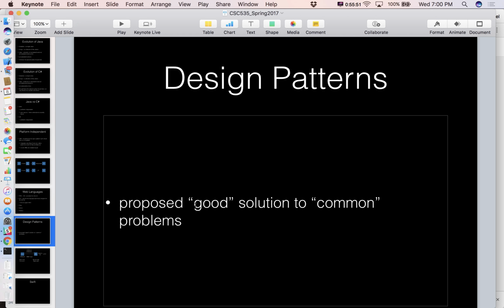So same thing. We could have a design pattern for making a peanut butter and jelly. And what's a good way of making a peanut butter and jelly? Some people toast the toast, some people don't. Some people put the peanut butter on first and then put the jelly on top of that. Some people put it in separate pieces of bread. There's different approaches, and who's to say one's better or worse than the next, right? As long as at the end you have a bunch of stuff jammed between bread